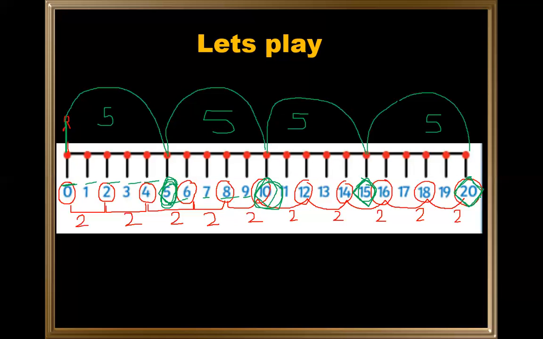So every time I am covering the same gap, my steps are not increasing, and it remains the same. Every time I am getting the multiples of 5 after taking 5 steps more, because all of 5, 10, 15, 20 come in the table of 5. So these are the multiples of 5, right?